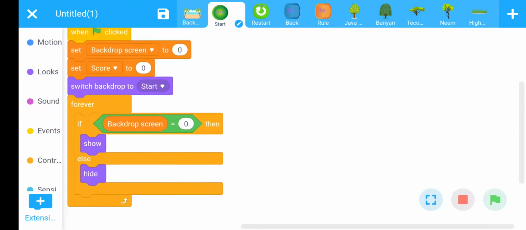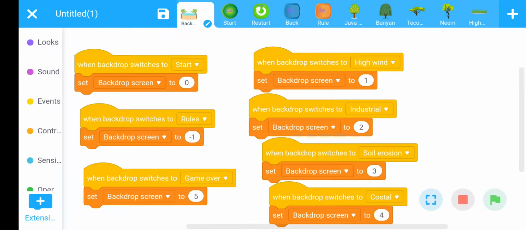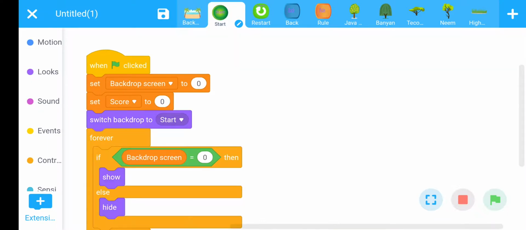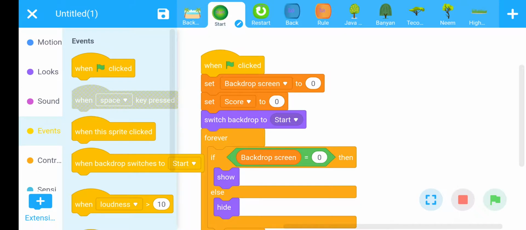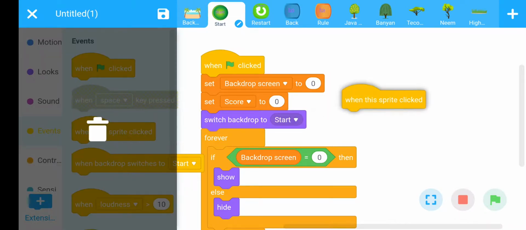Okay, now when we click on the start button, what should happen? We should move to the high wind landscape. Then go to the Events section, use this command when this sprite clicked, drag.